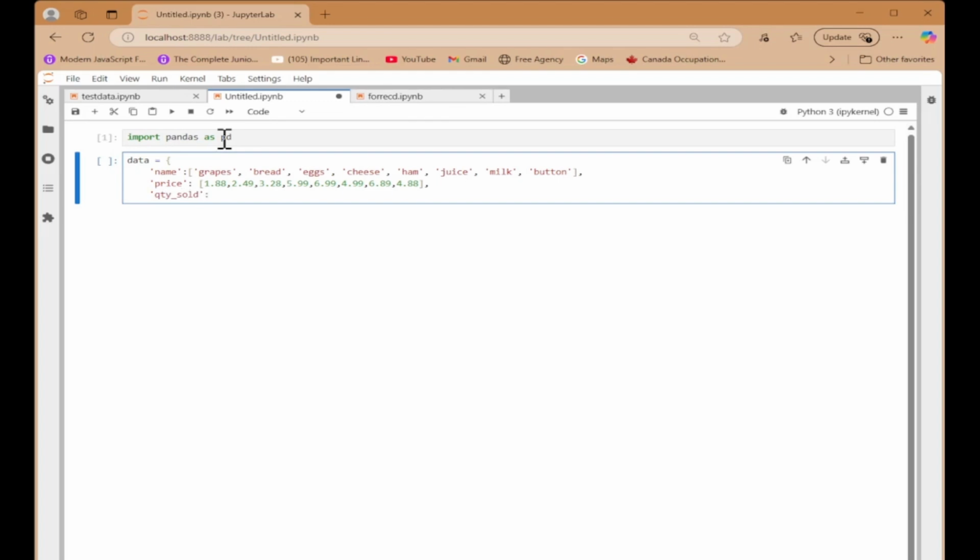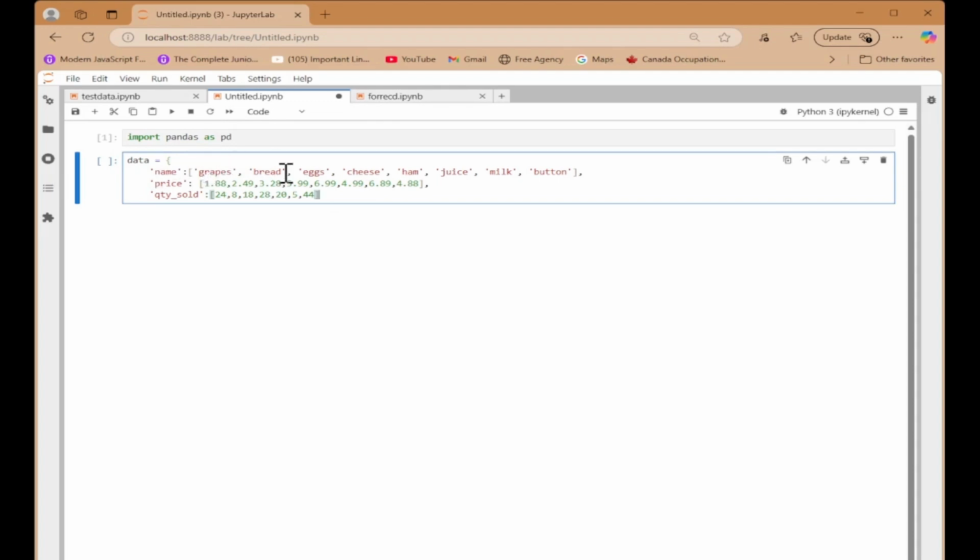In this series we will have the quantity that we sold today: 24, 8, 18, 28, 20, 5, and 44. So the most important thing to consider in crafting the data is that the length of each series